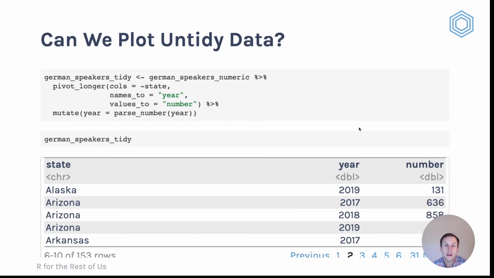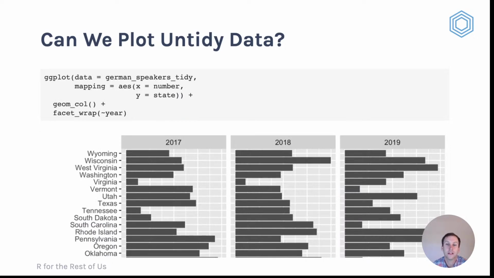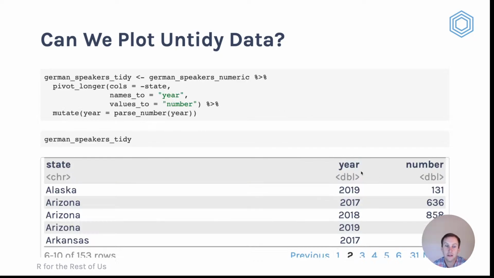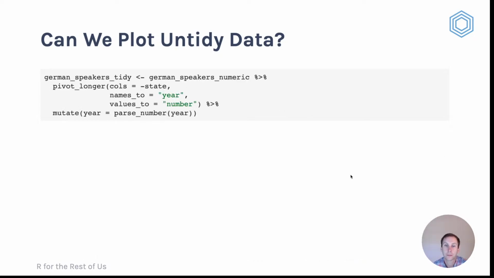Okay. Now I can plot this because I can put in my y, I can put the state. And so then I can make a bar chart, for example, and I can use facet wrap for year. So in other words, I can make small multiples, one chart for 2017, one for 2018, one for 2019. And I can do that because my state, I'm